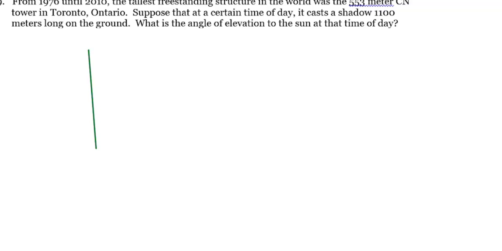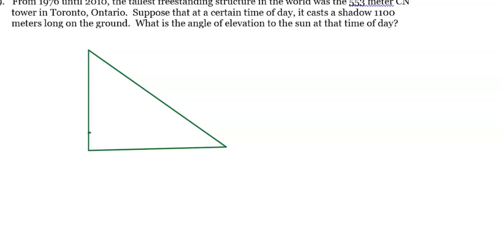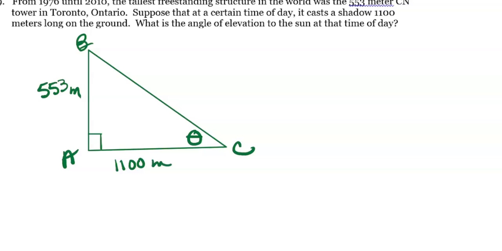Okay, so I'm going to draw my triangle. Remember, this is all right angle trig. All right, so what do I have? I'm going to make this an ABC triangle. And what do I know? I am looking for this angle of elevation, and I know that the tower is 553 meters tall, and the shadow is 1,100 meters. So from this angle's perspective,